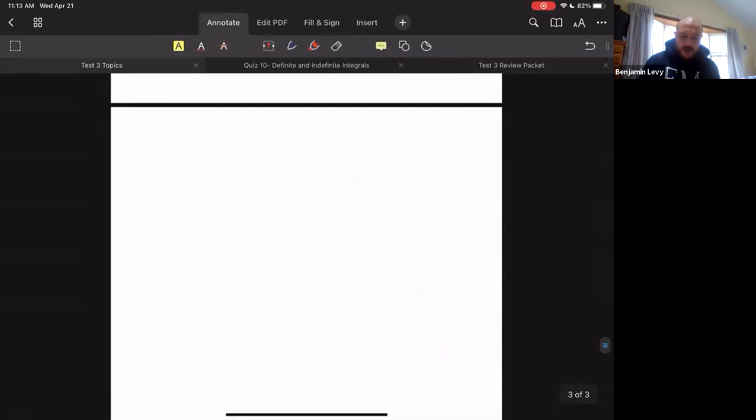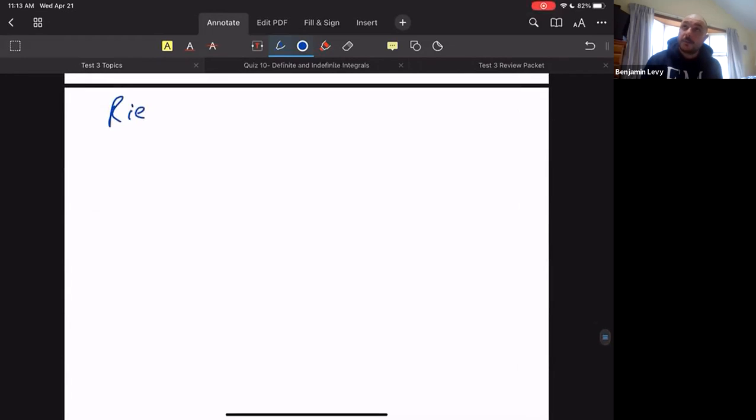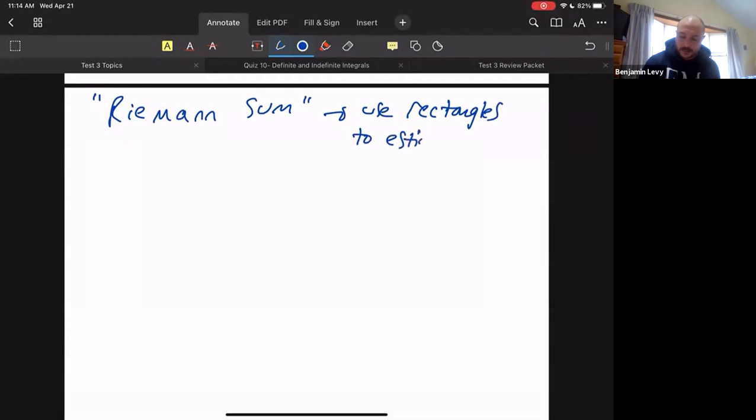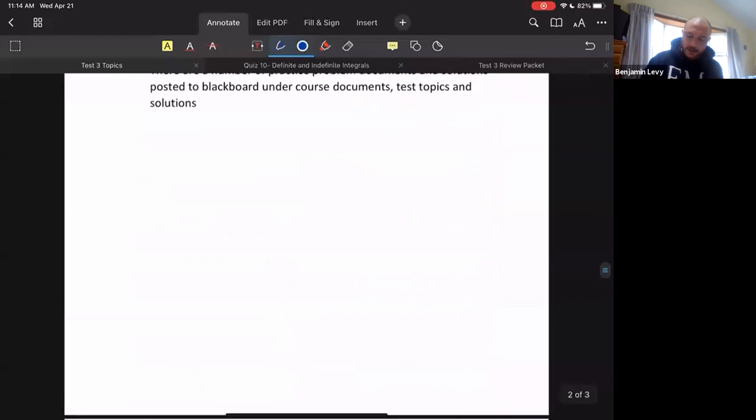If you're not familiar with that word, because I didn't use it necessarily in the notes, they use that word in homework for sure. When you see someone say Riemann sums, and I always have a hard time spelling this, are there 2 M's or 2 N's, that just means using rectangles to add up area. I call it that in the topics. Yeah, I did right here. I used the word AKA Riemann sums, but I said estimate the area under the curve using rectangles, right? So that's what that means.